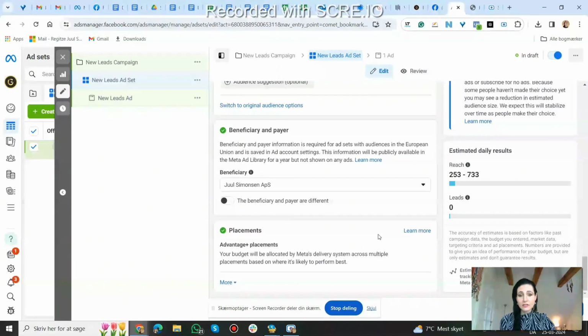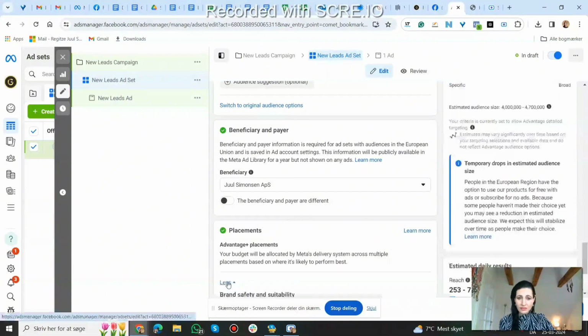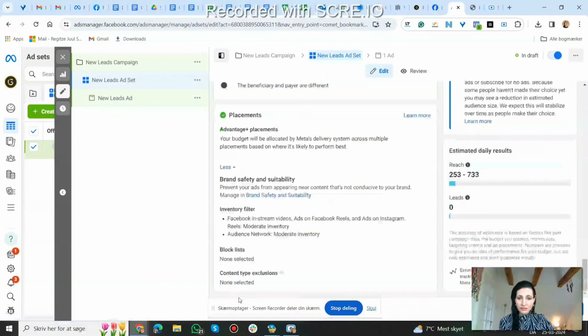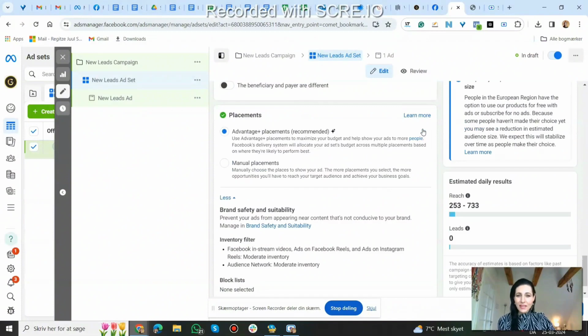right? So I just want to show you anyway how you can change it, because it's kind of hidden a little bit. Because when you look here, there's only learn more, and then there's this button here, more, and that's not where you can change it. So Facebook is hiding it, but when you put your cursor up here, then this little edit button pops up. It's not there when you don't have your cursor on it. So then you click on edit here,